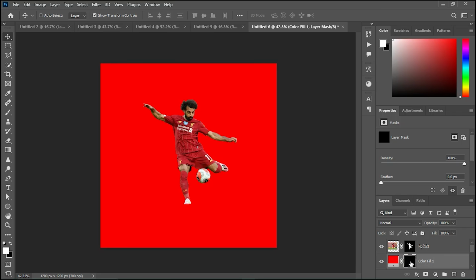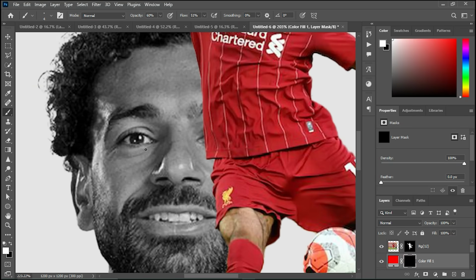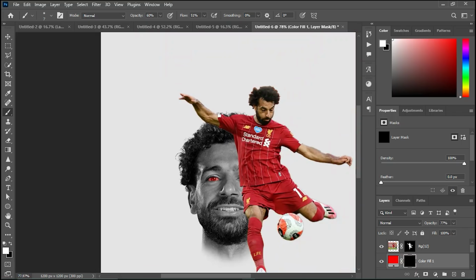I'll click on this one and invert, then pick my brush tool, then zoom in to the eye, then start painting on the eye. But not that much. Let me lower my opacity a bit. Okay, so